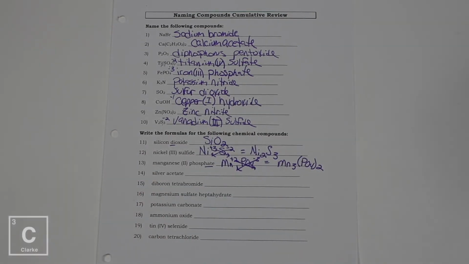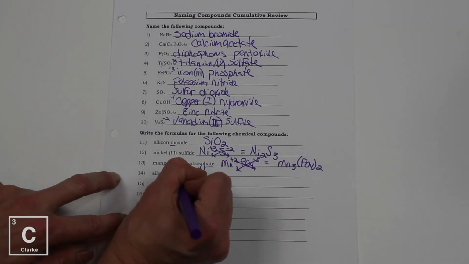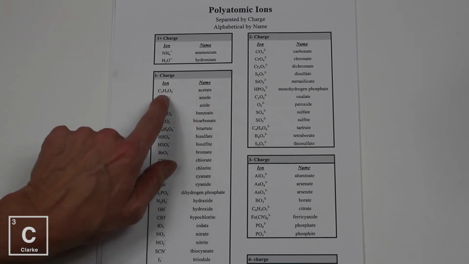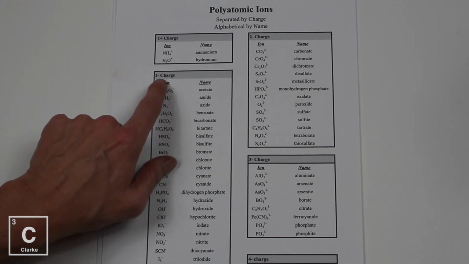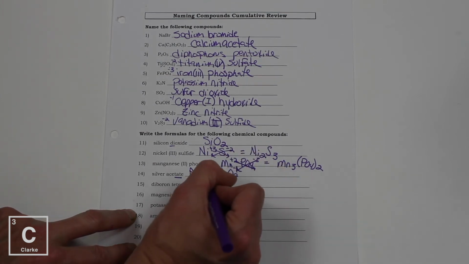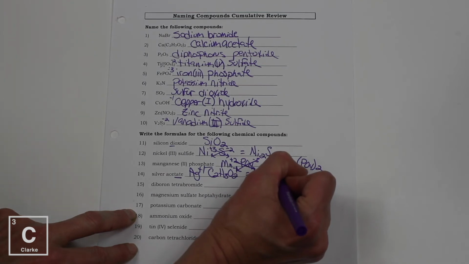Mn3(PO4)2. Number 14, we've got silver acetate. Now, silver is a transition metal, but again, just like zinc, it always has the same oxidation number. Silver is always a +1. So we have Ag +1. Acetate, there's that ending ATE again. That's a polyatomic ion. Acetate, C2H3O2. It's a -1 charge. C2H3O2 -1, plus 1 minus 1, they cancel out. So that's just going to be Ag